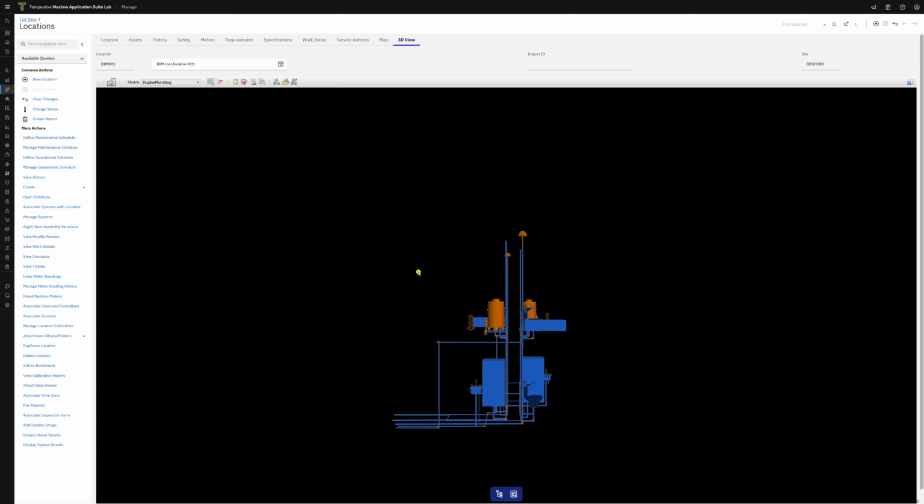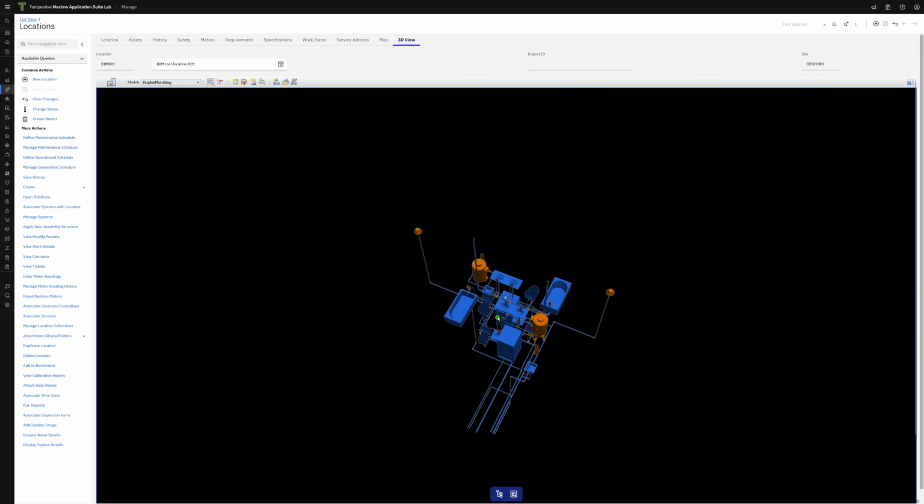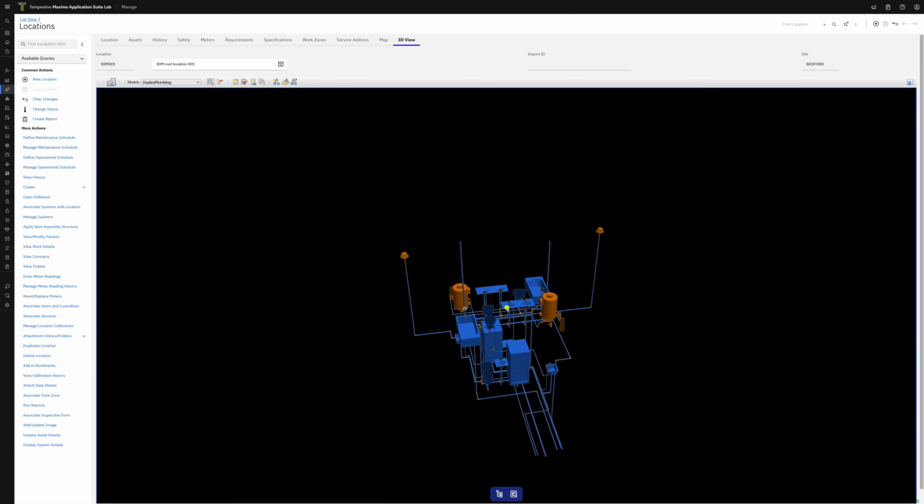What you see here is the full architectural and structural model rendered through BIMServer's WebGL engine, navigable, interactive, and fully integrated within the Maximo session. Users can pan, orbit, and zoom freely using standard mouse controls, allowing them to orient themselves within the model before performing any asset-related